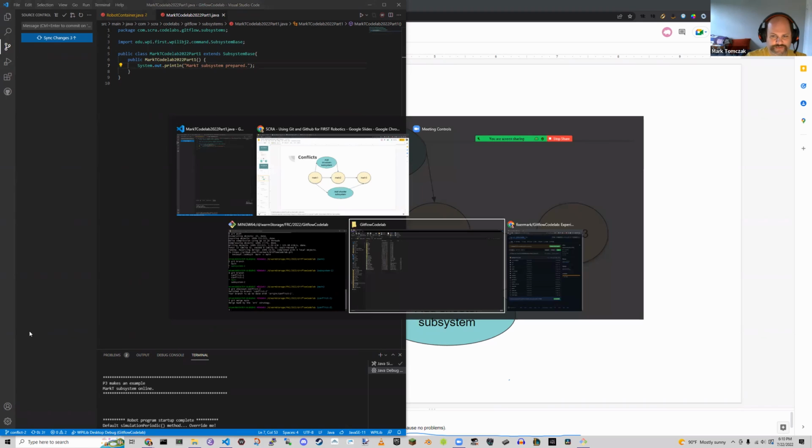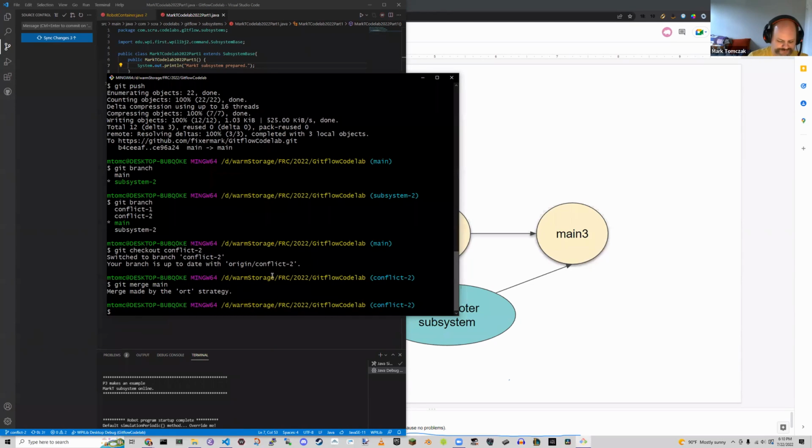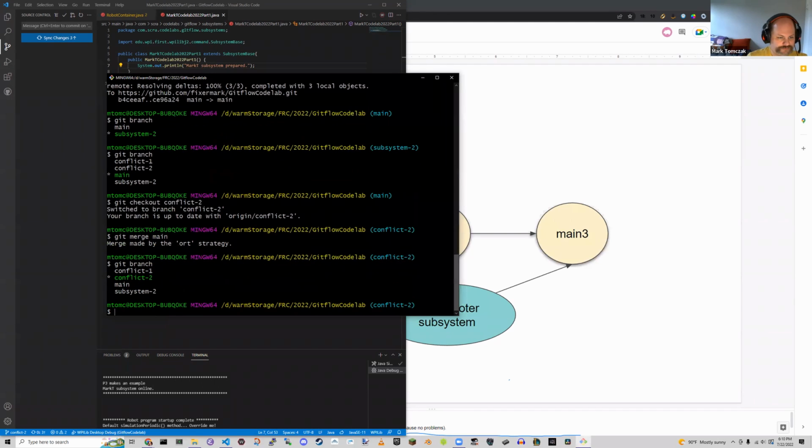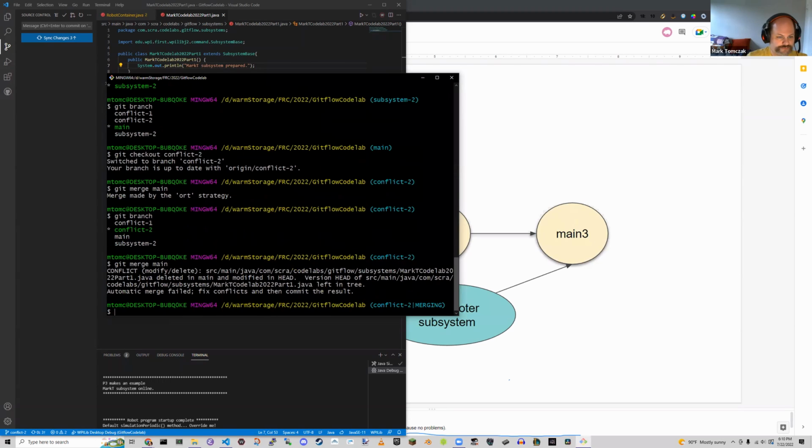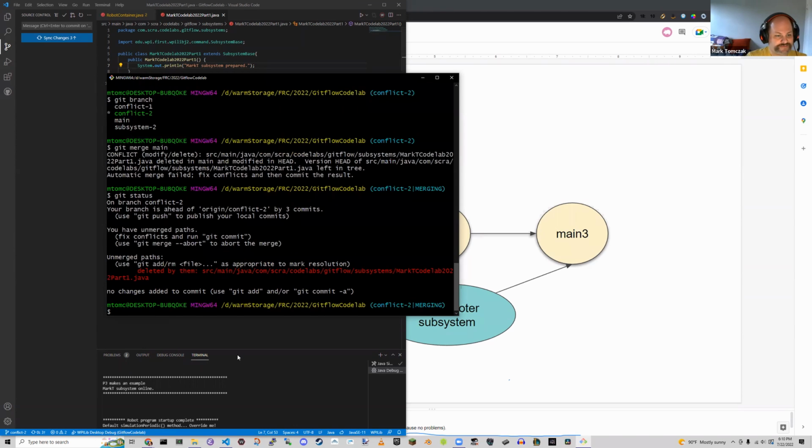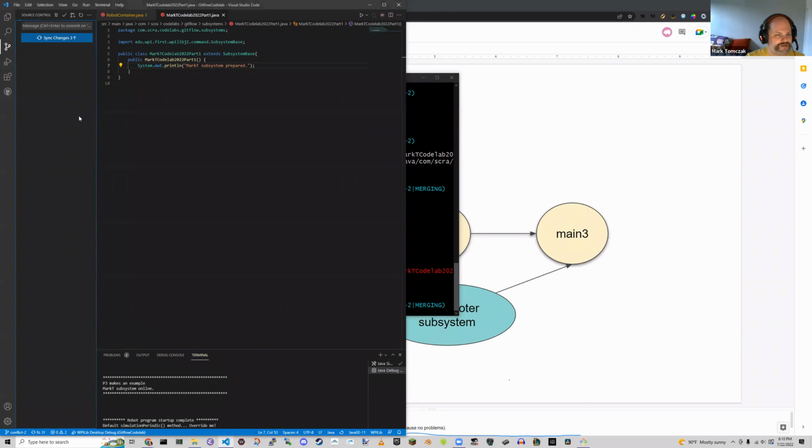All right, now, if I ask to merge the changes from main into conflict 2, so the merge did not succeed because we now have a conflict. And if we look at git status, our conflict is that the file was deleted by them, and them is always wherever you are pulling from. So that would be your remote repository, or in our case, the main branch, because we tried to merge into conflict 2. If I go back to Visual Studio,